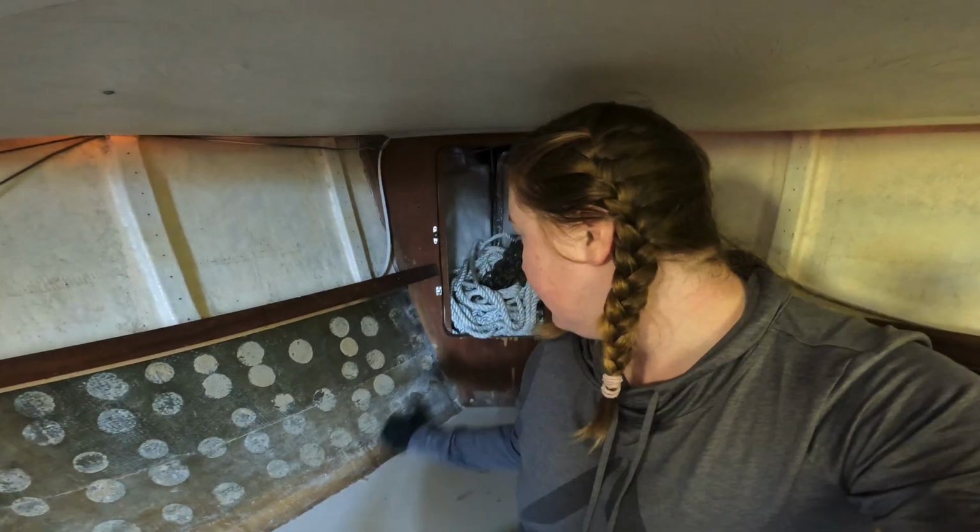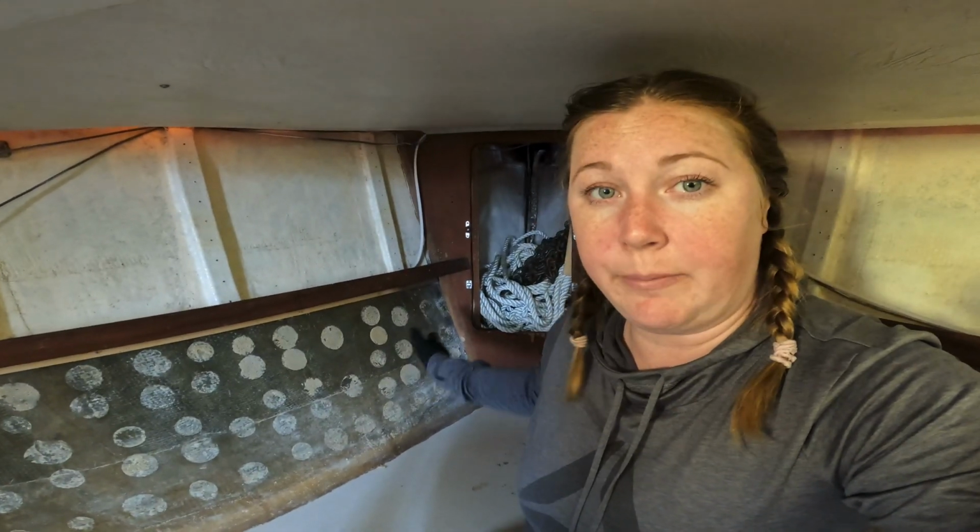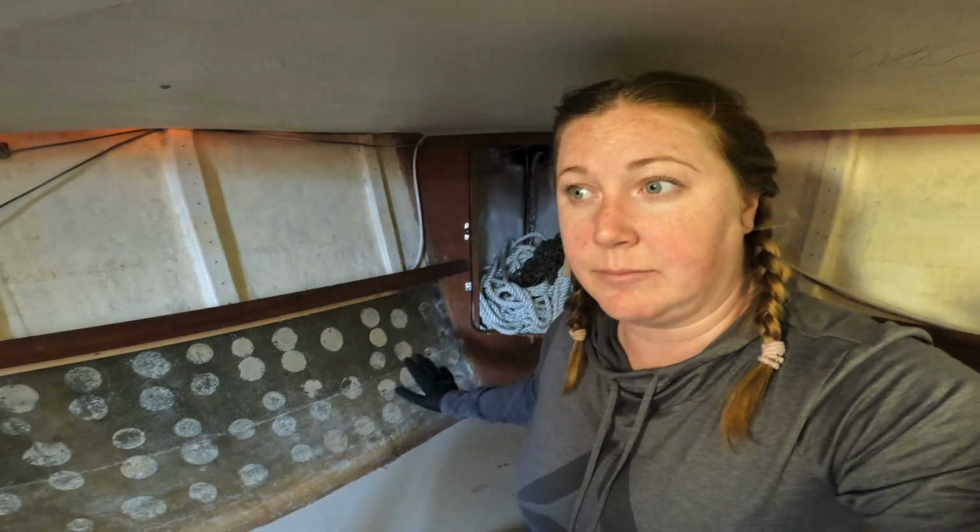I'm not sure what I should do. Maybe I should wait until we pull that out before I do the painting in here, because then I can get this hull paint to go a little further back and it'll be a little more seamless. So that'll be something I chat with Chris about. I'm wondering if he's gotten any of the through hulls out yet. We'll have to go down and check in just a second. I'm just going to wipe up in here and then